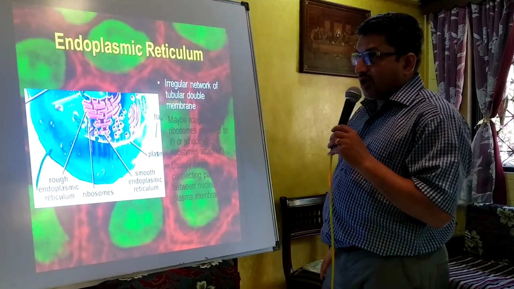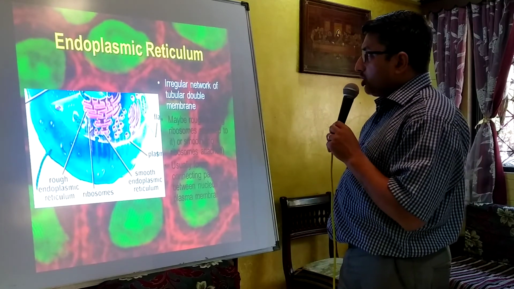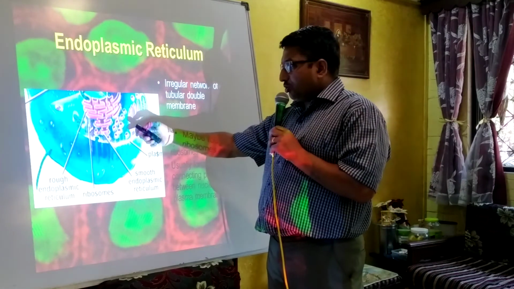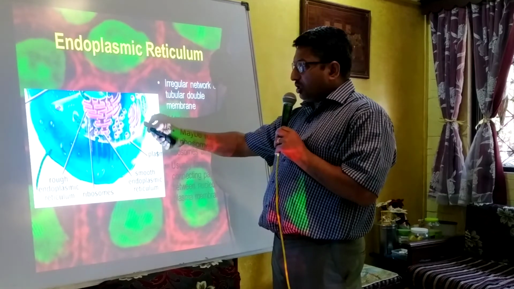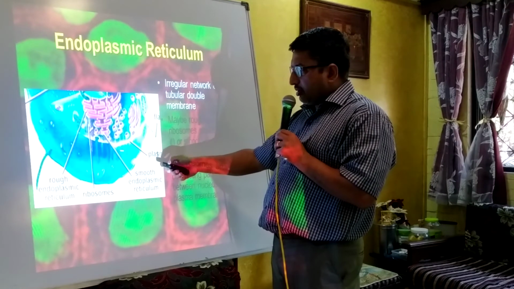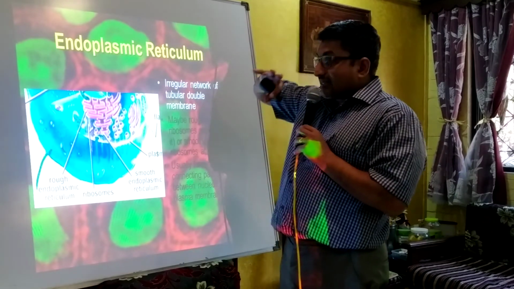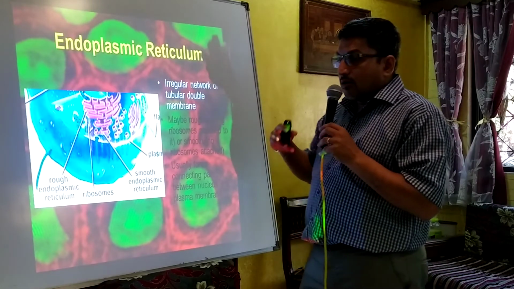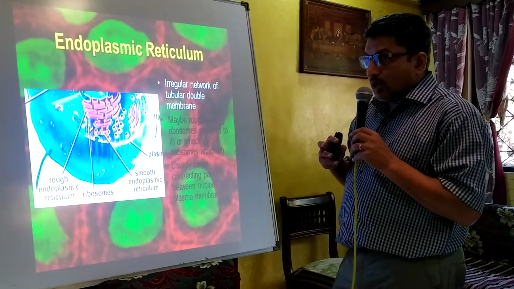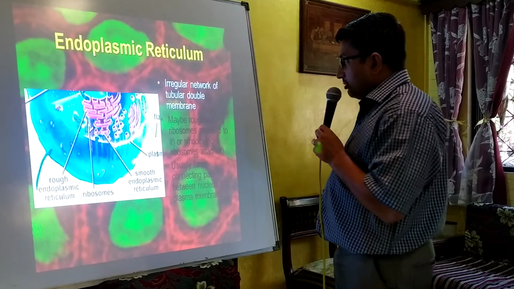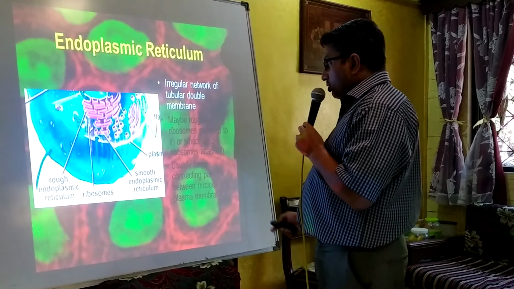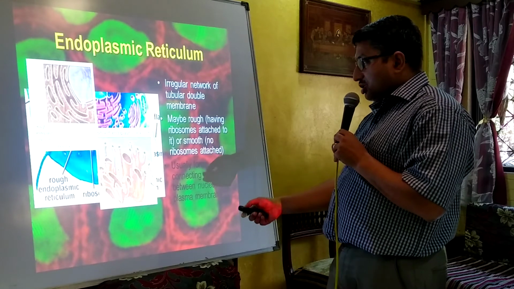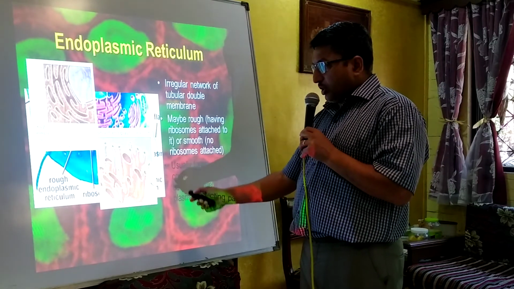As we had said, we have endoplasmic reticulum. In short, we call it the ER. Endoplasmic reticulum, as we notice over here, stretches from the nucleus till the boundary. It is the skeletal framework of the cell. It helps in transportation and also helps in maintaining the structure of the cell. So it is a network of tubules, may be rough or may be smooth. As we say, this is the smooth one. You see the red dot moving.